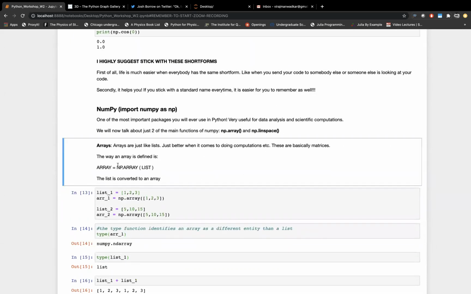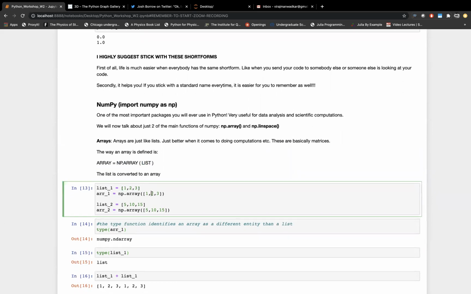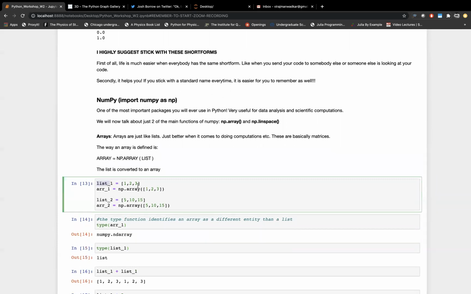So first, how do we define an array? We call the function numpy.array. This array function is part of the package. And then I just input a list, like the list that we talked about earlier, and that's going to give me the corresponding array. For instance, here's an example: if I have list 1 with elements 1, 2, 3, and I want to transform this into an array, all I have to do is call numpy.array and input the list as the input of the function, and that gives me the corresponding